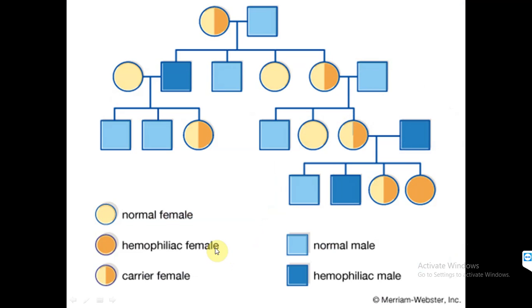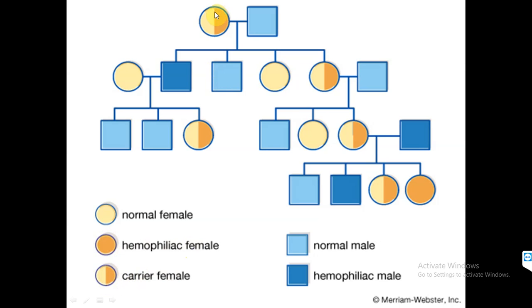Now this is the pedigree analysis for any complete family. This is used for signifying what symbols are used for which condition. If the female is normal, this can be used. Circles are used for females and squares are used for males. The colors are not mandatory. For picturizing or for completing the picture, the colors can be used. If it is completely dark, then the female is hemophilic or having any disease, and if it is half dark and half light, then it is a carrier female. So this is how we make the pedigree analysis.